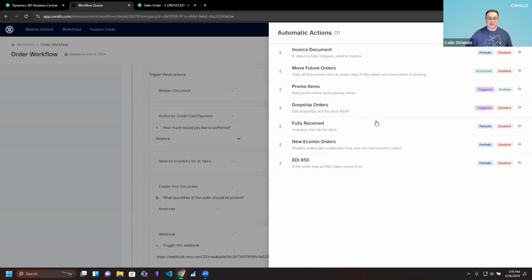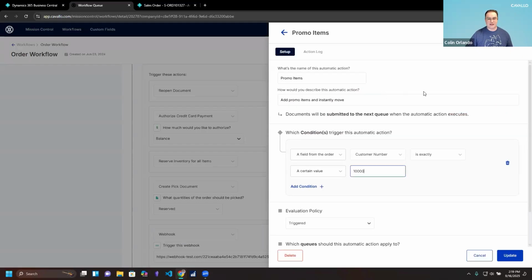We also have what's known as triggered actions, and we'll see an example of that today. As a SalesPad user, you might know these as auto forward or plus queues. Essentially, this means as a document moves through its workflow, it automatically does an action and then moves on. It basically doesn't stop in its workflow cycle until a human needs to intervene or something stops it.